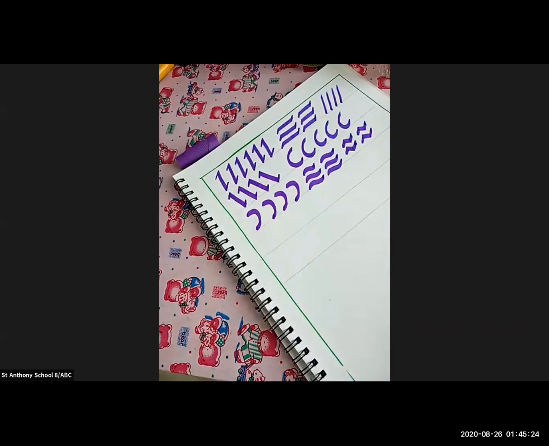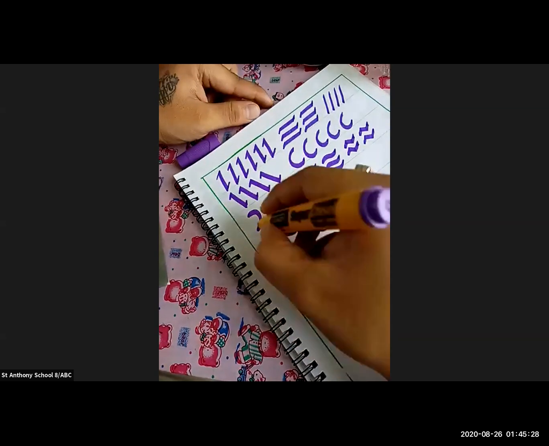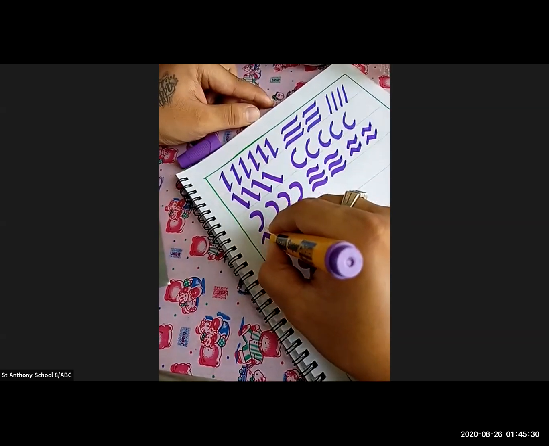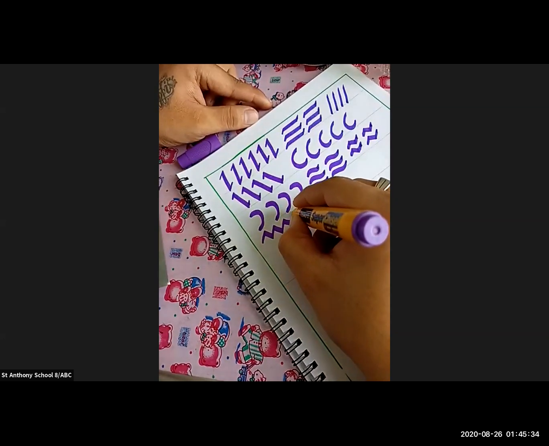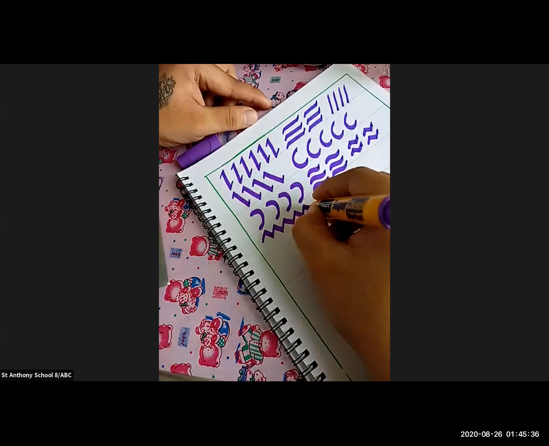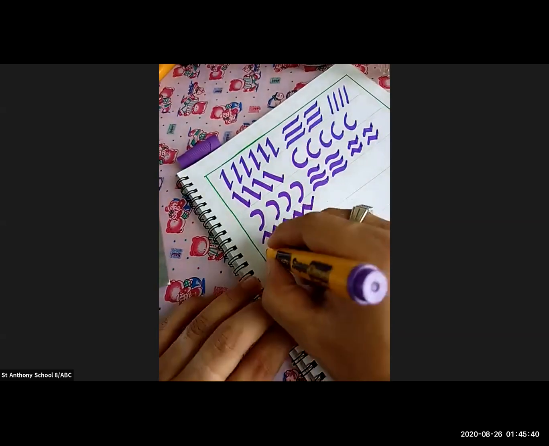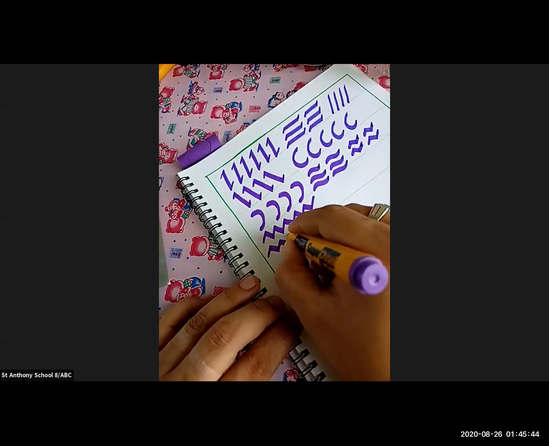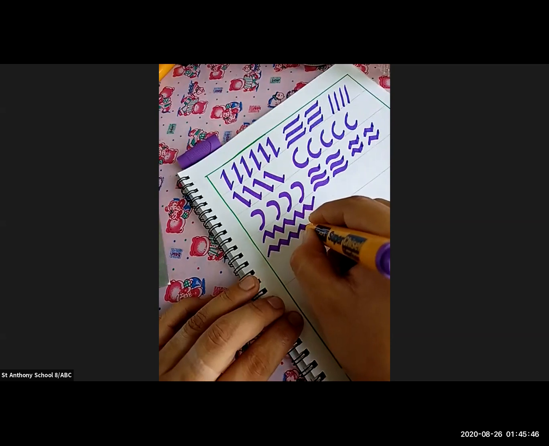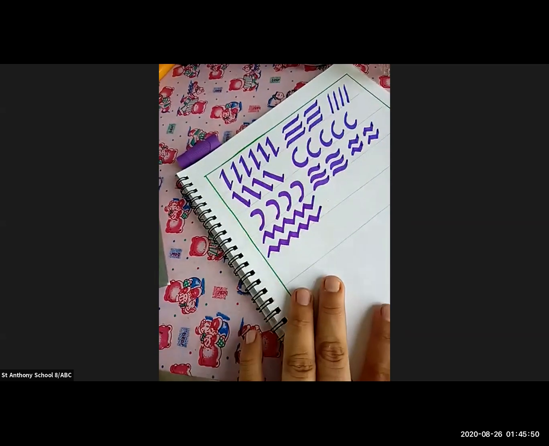And there is one more that is called zigzag. How you're going to do zigzag is, you just look at this: 1, 2, 3, 4, 5, 6, 7, 8, 9, 10. Just look at this: thin, fat, it's going like this. Same: 1, 2, 3, 4, 5, 6, 7, 8, 9, 10, 11. So this is something like this.